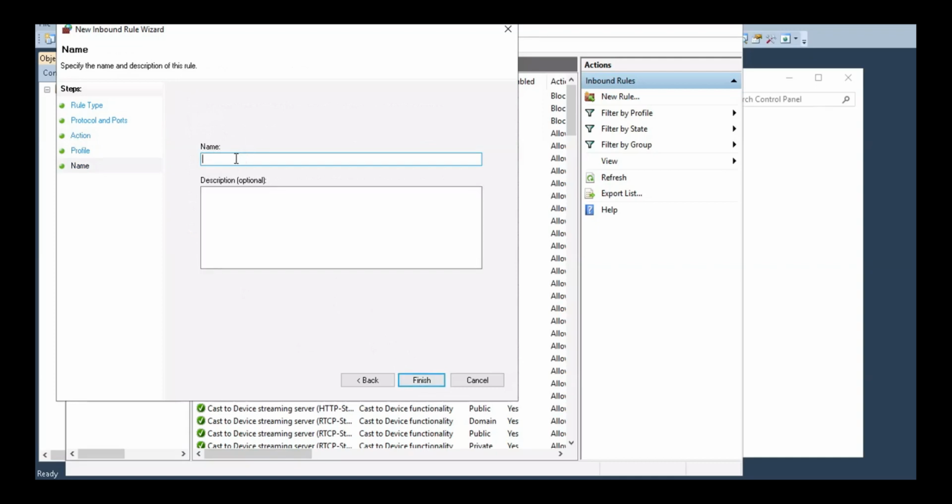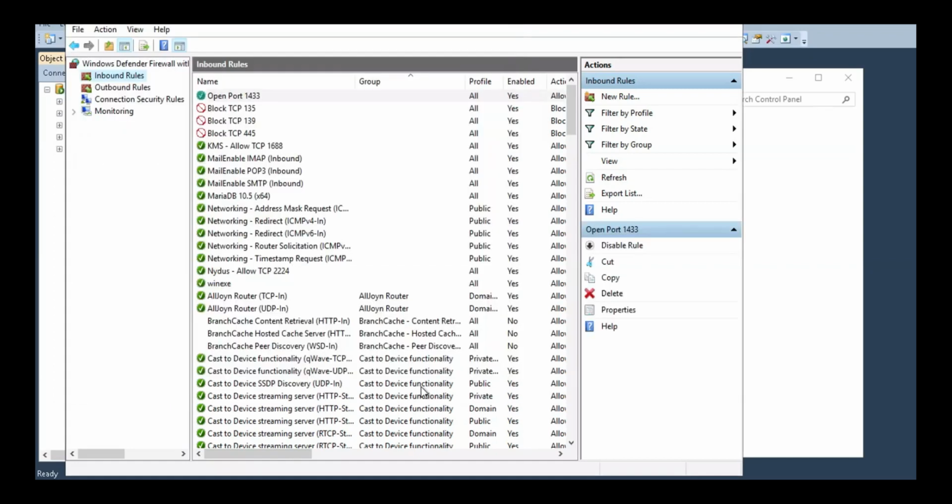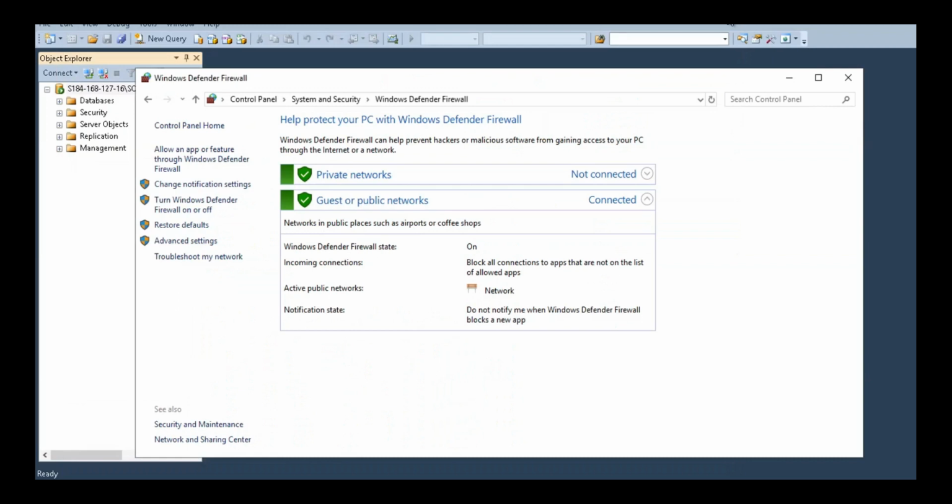Name: open port 1433. Just give a name, keep the description blank, then click on finish. So the rule is set up in the Windows Firewall. Now the third action is